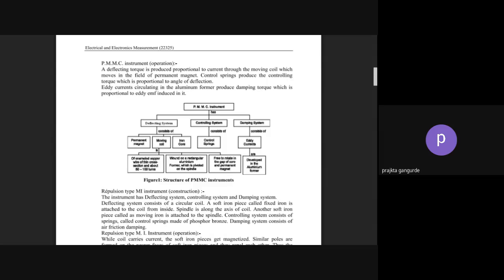Then the third one is the damping system. The damping system is required to produce a steady position of the pointer. Suppose we have to measure the 5 ampere current, and suppose the pointer is oscillating in nature,